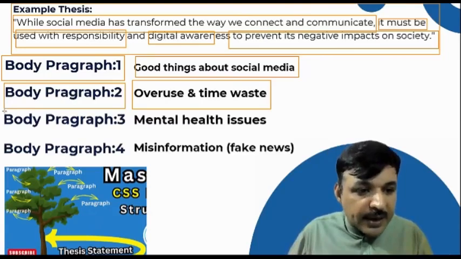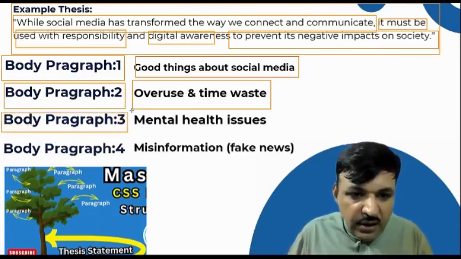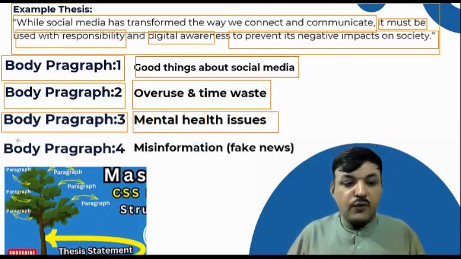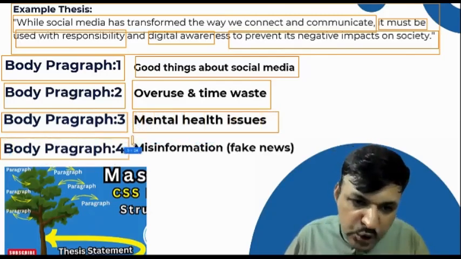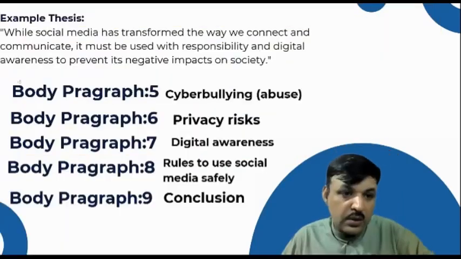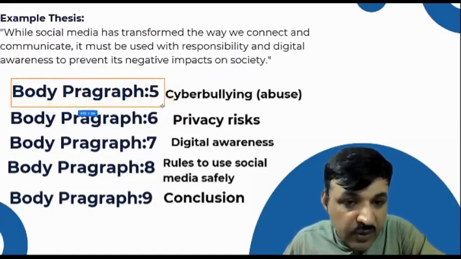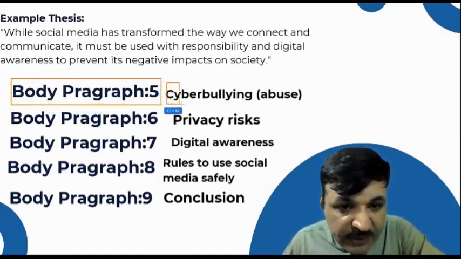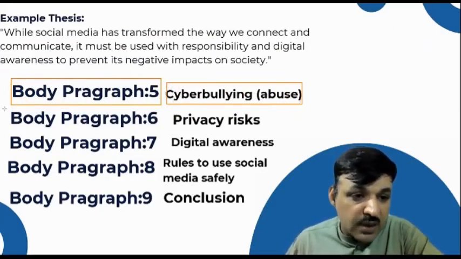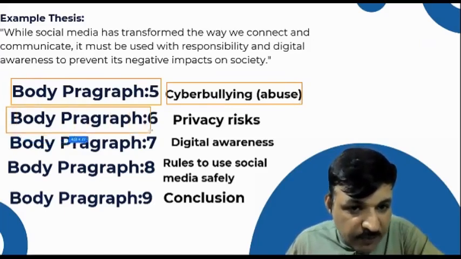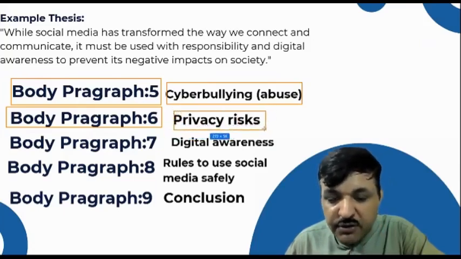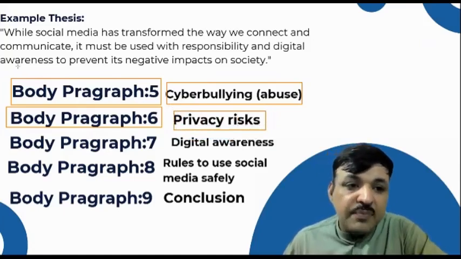And the third body paragraph, you can see again, is about the negative impact of social media, meaning mental health issues. And the fourth body paragraph, again showing the negative impact of social media, like misinformation and fake news. And the fifth body paragraph would be again about the negativity of social media, like cyberbullying and abuse. And again, the sixth paragraph would be about the negative impact of social media on society, like privacy risk. So you can see according to your